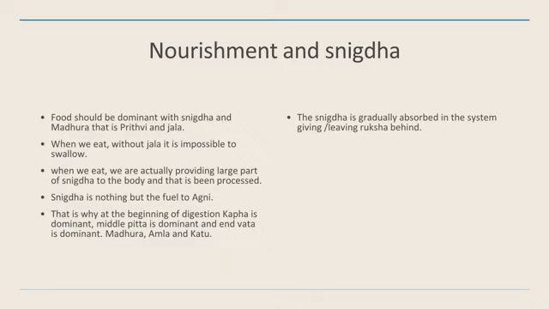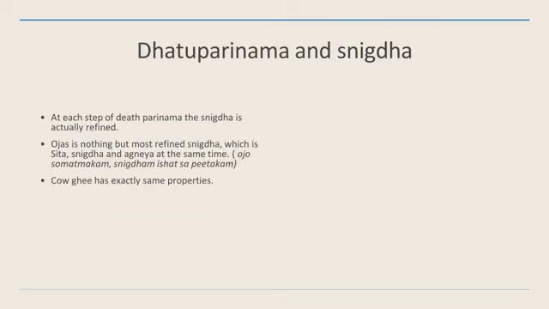And when we talk about guna, the food has to be dominant with snigdha, because this snigdha is going to provide pure fuel for the agni, not only jatra agni but the dhatu agni. If this snigdha is corrupted, the agni will not be comfortable, and if agni is not comfortable, it will give rise to ama, it can give rise to many diseases.